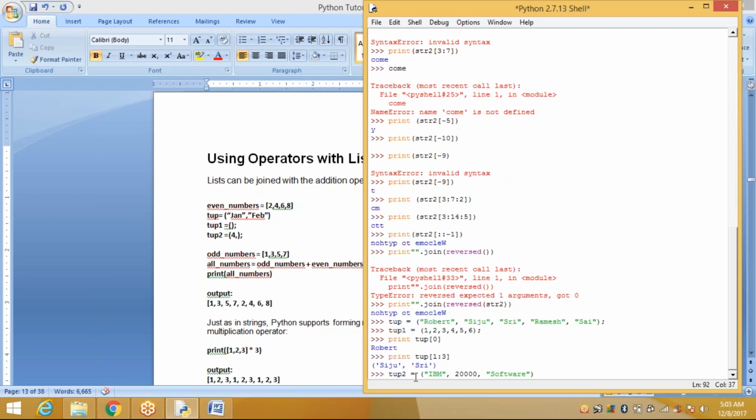I have defined the tuple. This is tuple packing.